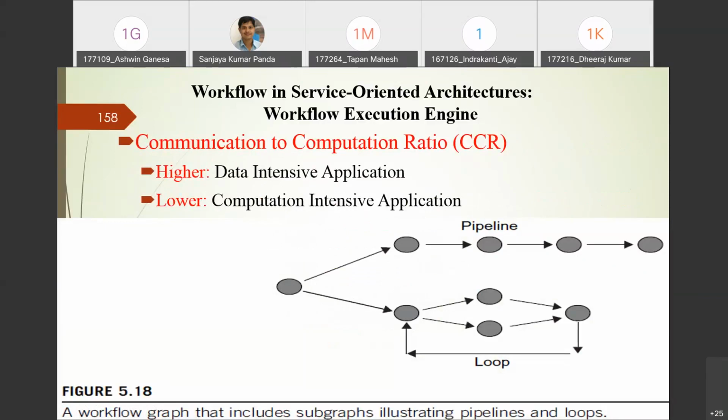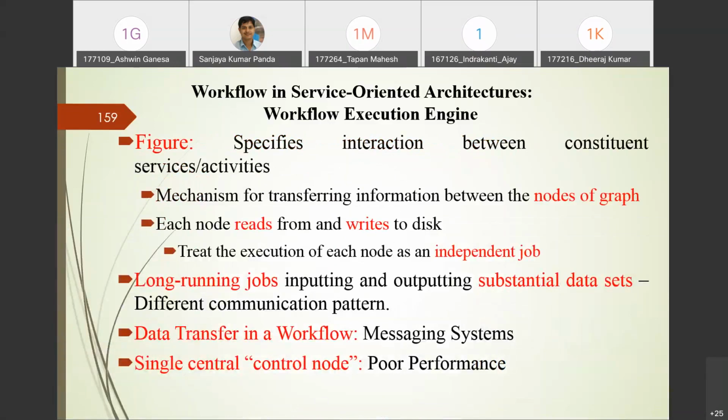One of the important technologies is the mechanism for transferring the information between the nodes of the graph. So each node reads and writes to disk, because each node may represent a group of services also. It is not limited to a single service or single task, it may be a group of tasks. Reading and writing to disk allows one to treat the execution of each node as an independent job.